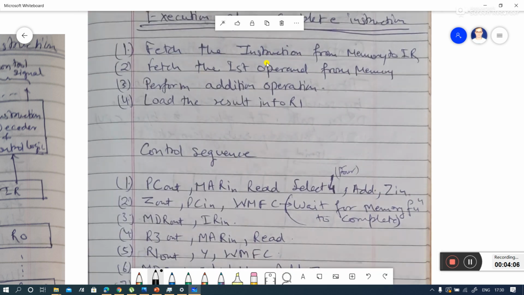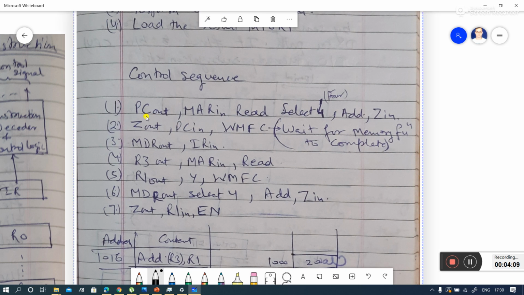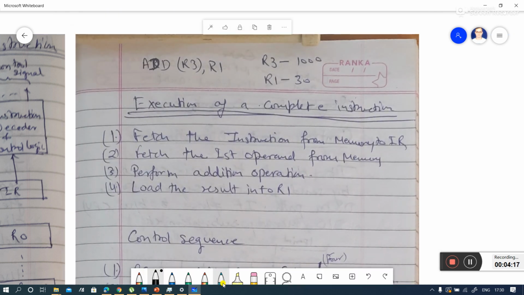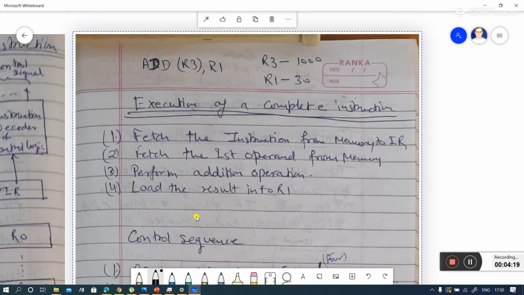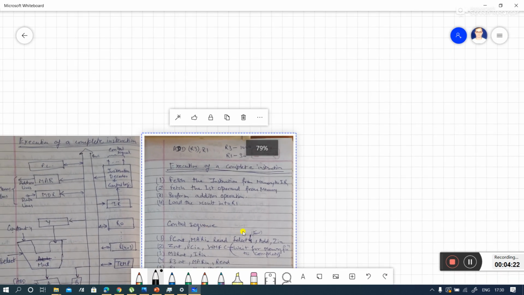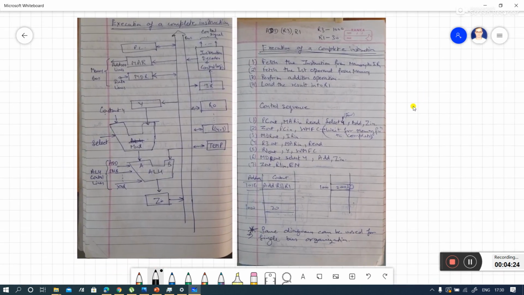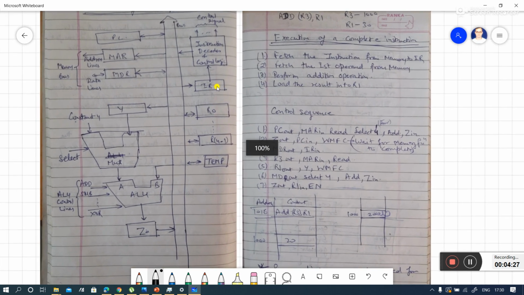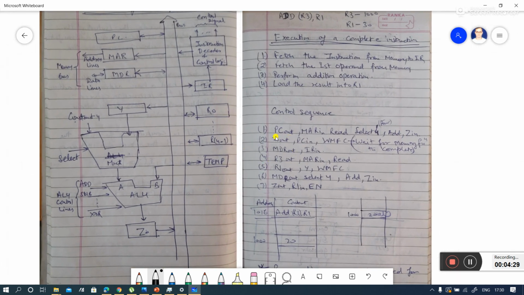Now, what is the control sequence? In the control sequence we have PC out, then MAR in. This control sequence is easier to understand with the help of the diagram. Any instruction may come in your exam, and the examiner may ask you to show the control sequence for this particular instruction.